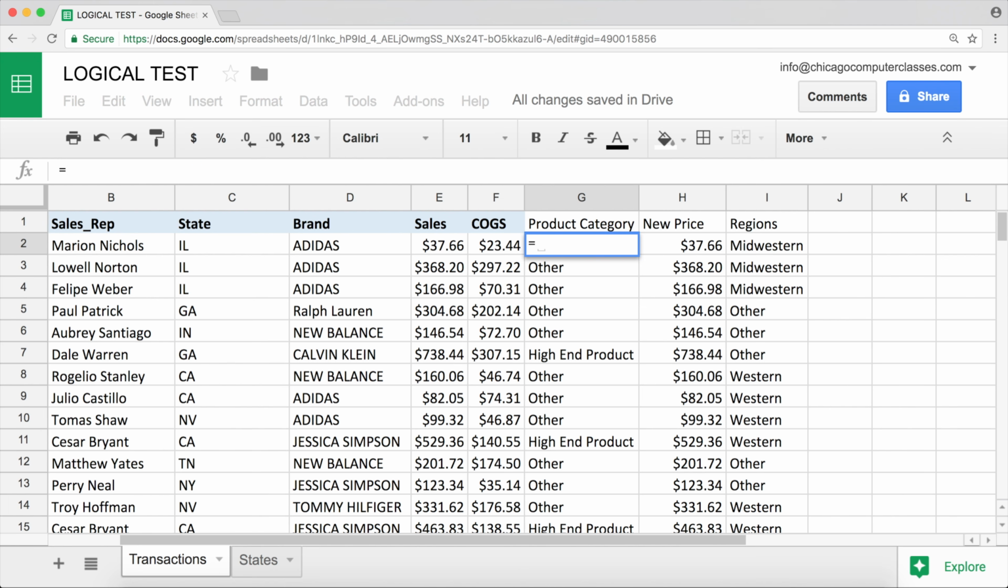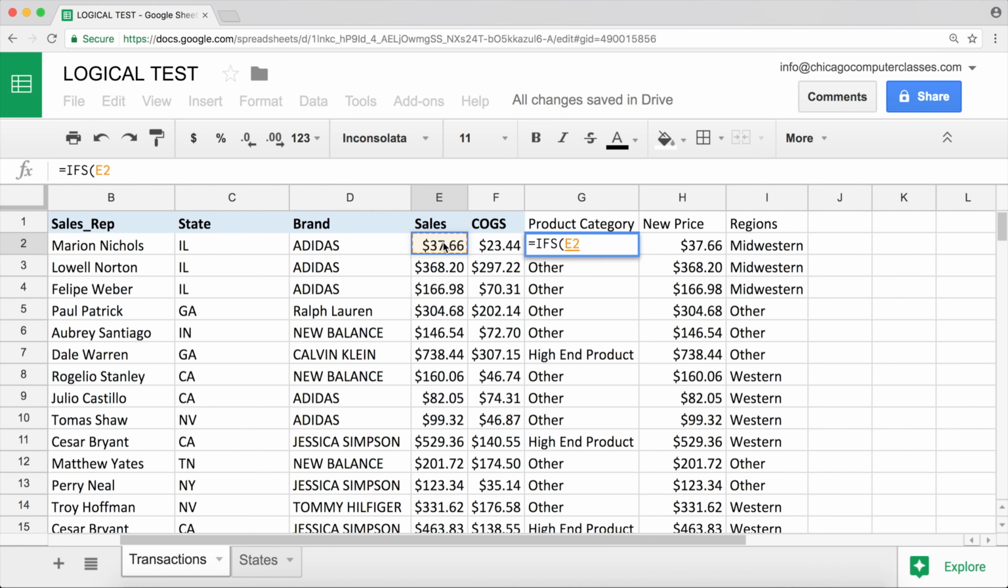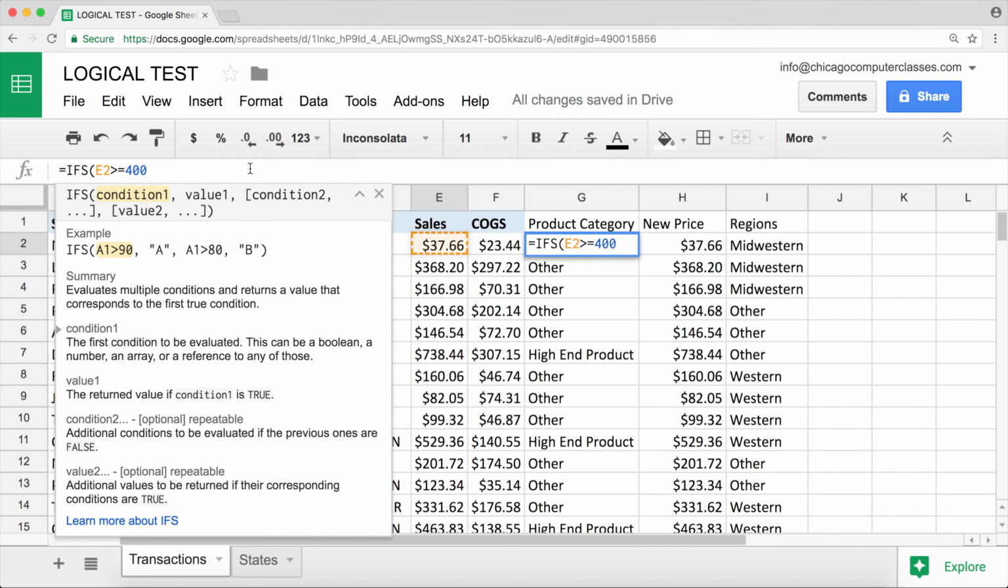So I'm going to start with my ifs. And what I'm going to do, I'm going to ask, is this number that I have greater than or equal to 400? Which is that bracket that we had before, right? And if it is, I'm going to do, in quotes, high-end product. So that's my high-end product. So I'm going to do comma. Now after this, for the next one, we're again going to ask, is that number greater than or equal to, let's say the next product range I have is above 200